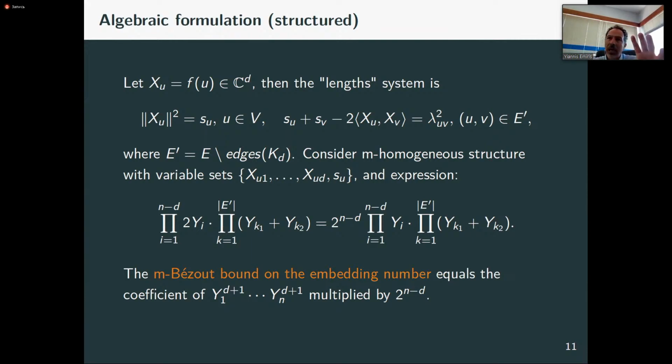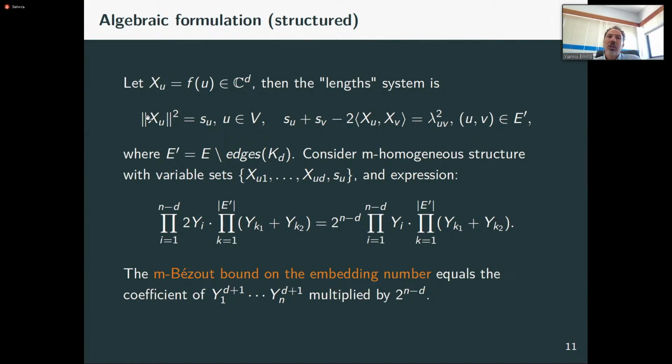It's not very relevant today, but we are using this formulation because it gives us a multilinear subsystem, and then a subsystem which is quadratic. But when I go to the m-Bézout theory, you recall that the bound is going to be the coefficient in the development of this expression. Remember, it's a product of linear forms that correspond to the equations. The linear form that corresponds to these equations is 2yi,